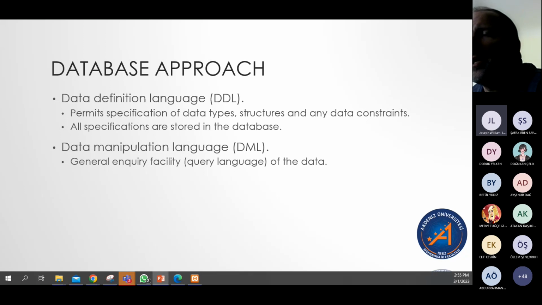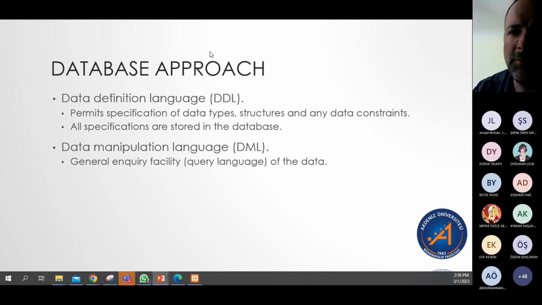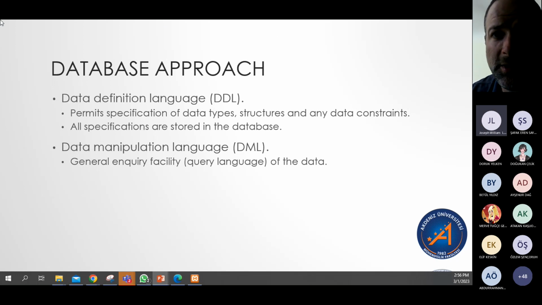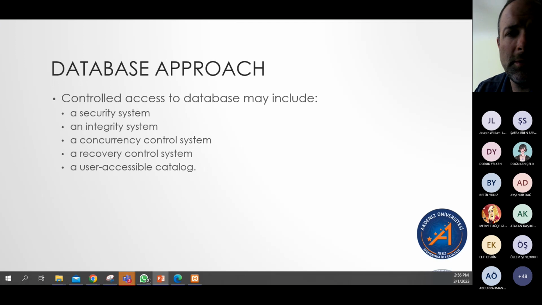The data manipulation language is how we actually deal with the data itself, viewing the data, adding new data into our database table, removing data from a database table, modifying. All of these are done using the data manipulation language. So again, this database access may include a security system, an integrity system, making sure that